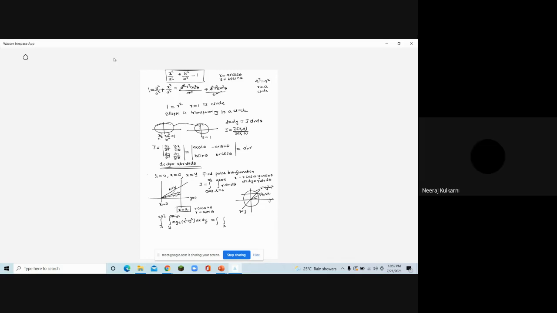Ma'am, limits are r sin theta to r cos theta, right? Inner limits. How r sin theta to r cos theta? What's the equation? Your limits are of r. Don't do it directly. You are making a mistake. I'll tell you. You are taking directly y is equal to r sin theta. You are doing that way, na?